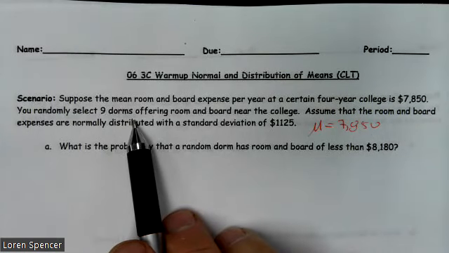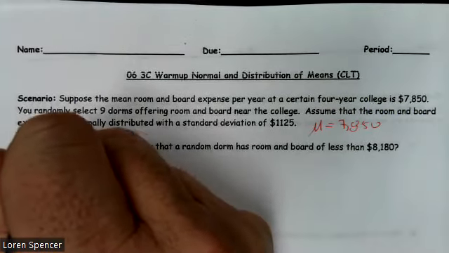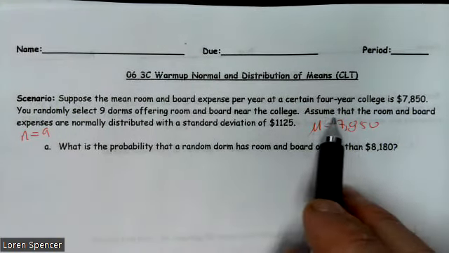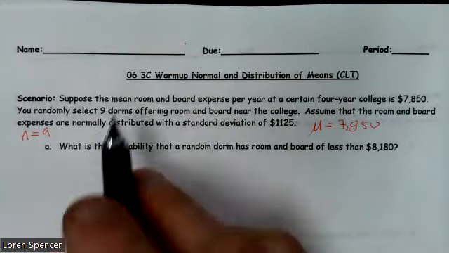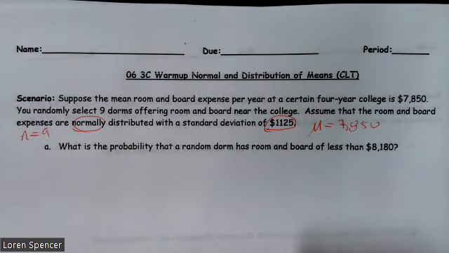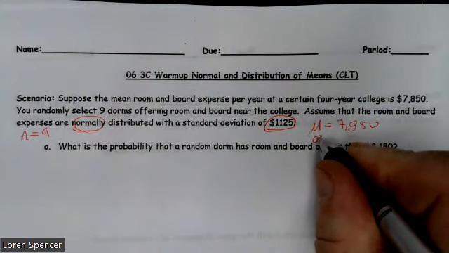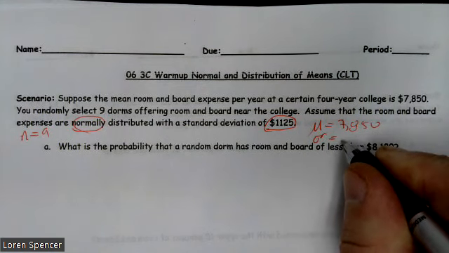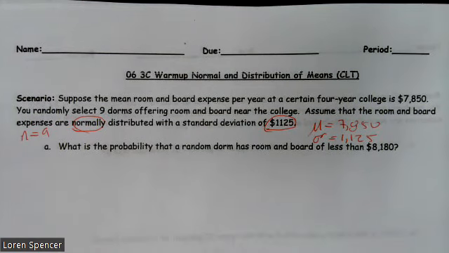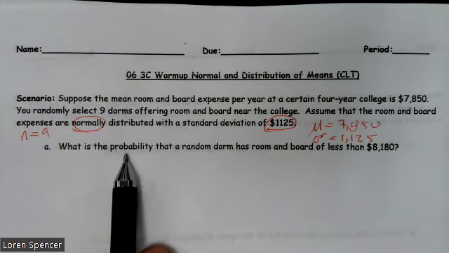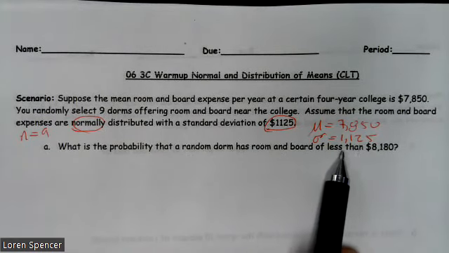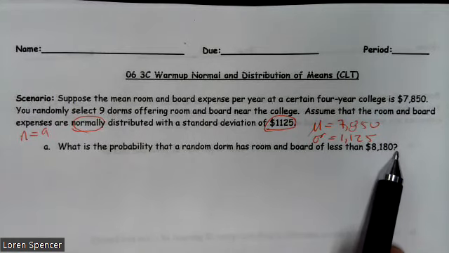You randomly select 9 dorms, so we have a sample size of 9, offering room and board near the college. Assume that the room and board expenses are normally distributed with a standard deviation of $1,125. So we have a mean of 7,850, a standard deviation of 1,125, and a sample of size 9. But the first question is, what is the probability of a random dorm having a random room and board of less than